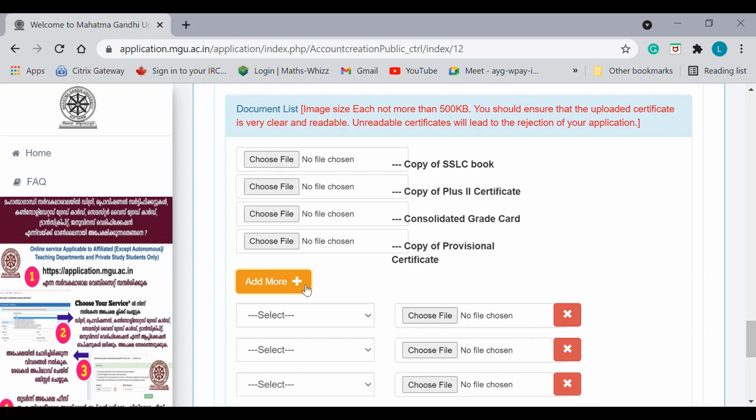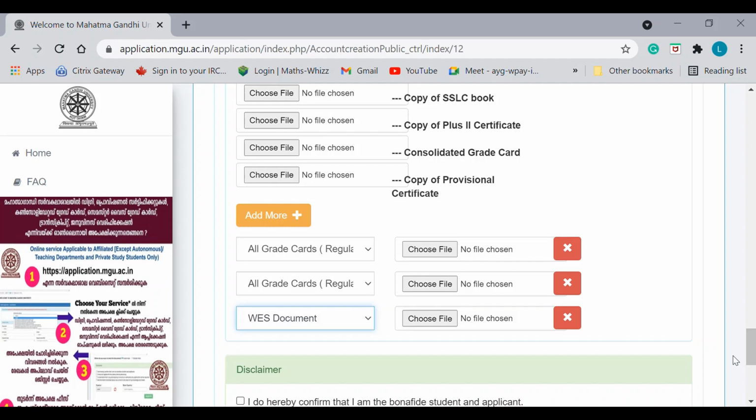You can go on creating, like semester 1, semester 2. If you are applying for WES, yes, you have to add that WES form also. There is a WES academic request form, so you can choose that.